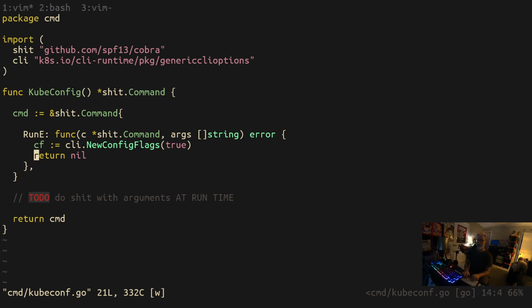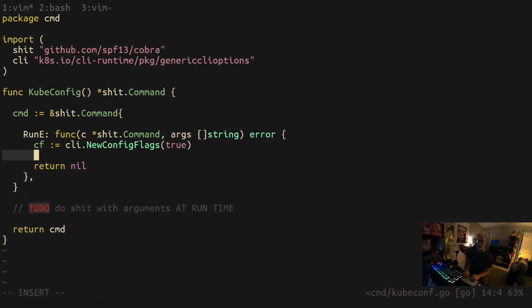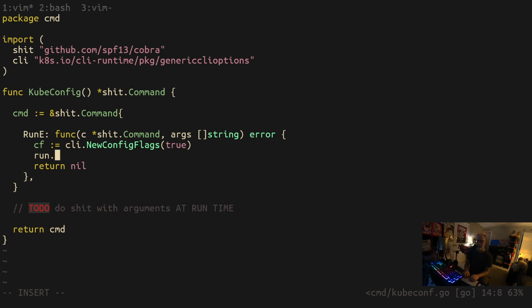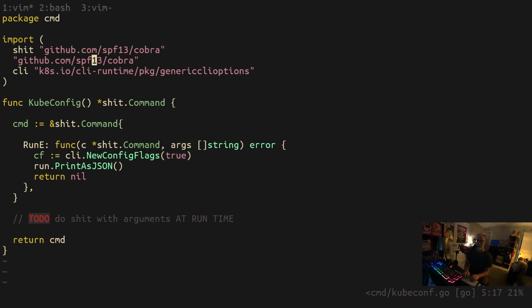And I'm writing, shit. All right, so CLI new config flags. This is really where the only thing I care about here is I want to get it to print its thing. Yeah, and we're going to do it as JSON. We're going to run as JSON, print as JSON. The CF dot. We need to get the raw object out of this. Yeah, we're going to have to go get the raw object out of this. Run, we're going to do